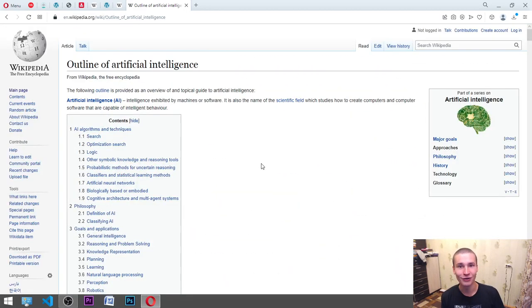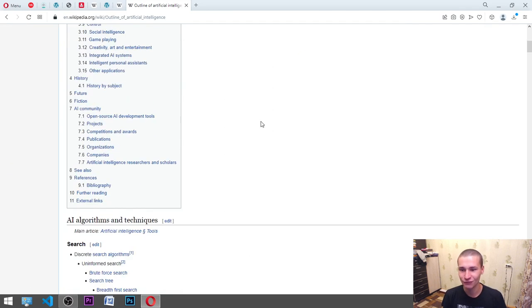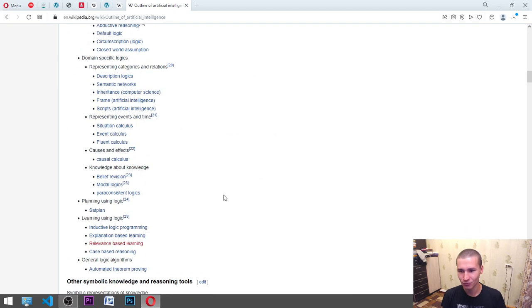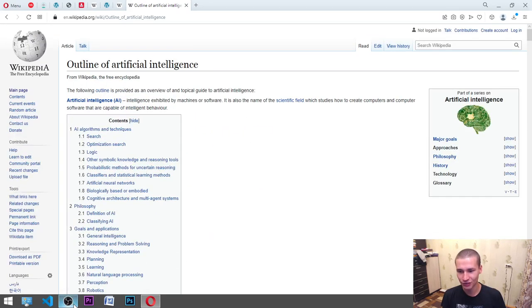We have read it, everybody. Thanks so much for it. It was interesting to read about the outline of artificial intelligence. It was about optimization and also different types of algorithms and neural networks and different types of processes and history too. Inside of it, we have learned a little bit about it.